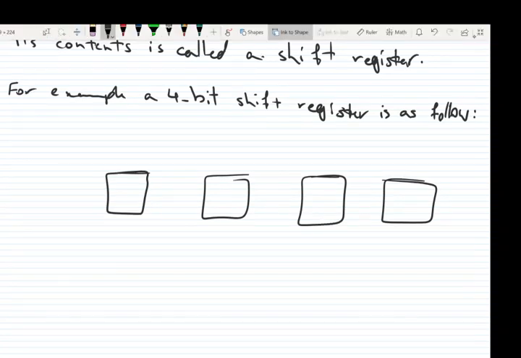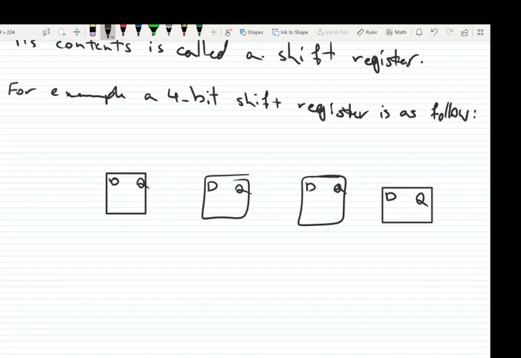Each has input D and output Q. We connect the outputs to the inputs in this way,